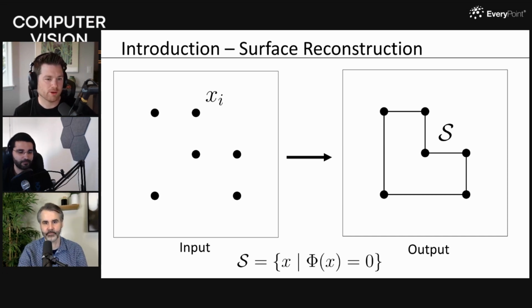Can you jump into what problem you were trying to tackle with INR with that project? What were you trying to accomplish with that? Yeah, sure, happy to. So the idea behind the DIGS paper, which is short for Divergence Guided Implicit Neural Representations for Surface Reconstruction, is the fact that most of the methods that preceded it basically kind of set their own